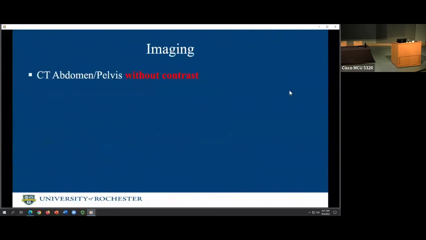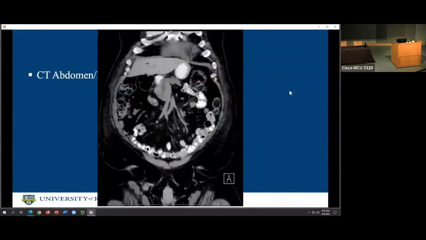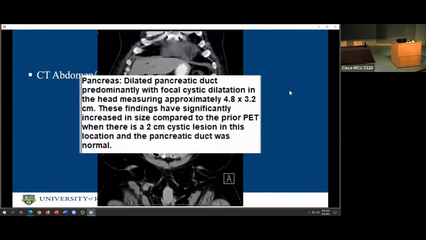He had a CT without contrast for another indication, done as a pre-renal transplant evaluation, and it was compared to a PET scan done 10 years ago. The CT revealed a dilation of his pancreatic duct in the head and body. The official read showed a predominantly cystic dilation, and findings were significantly increased compared to his prior PET scan, where there was a 2 centimeter cystic lesion in the head of the pancreas,